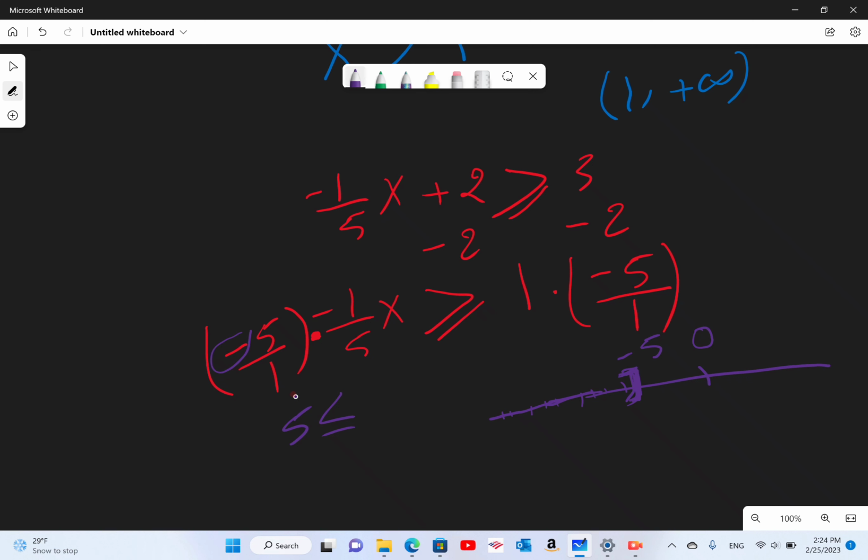So let's write this over here: x less or equal than negative 5. It means that all the numbers that are less than or equal to negative 5 up to minus infinity are a solution to this linear inequality. And if we want to write that in interval notation, we'll write it from negative infinity up to negative 5, but this time negative 5 is included, so it's going to be